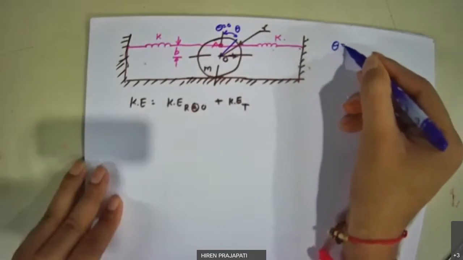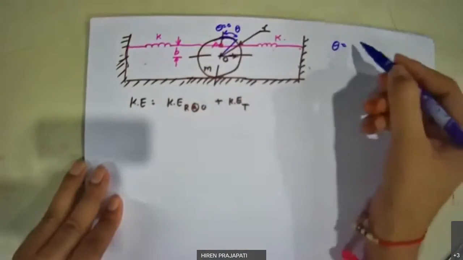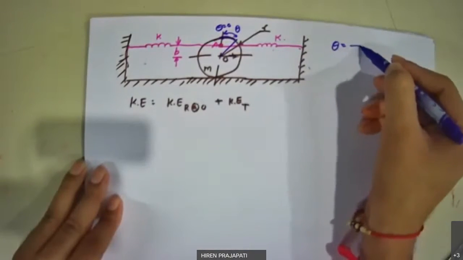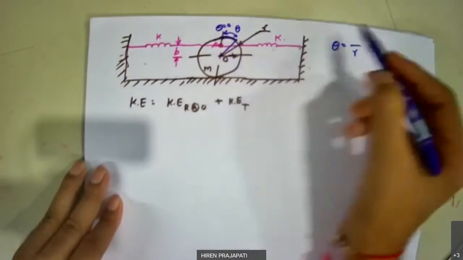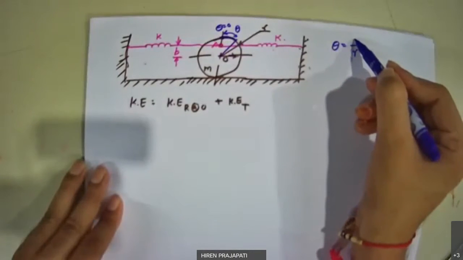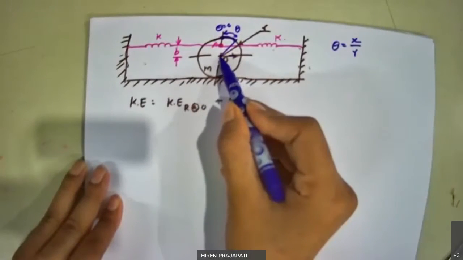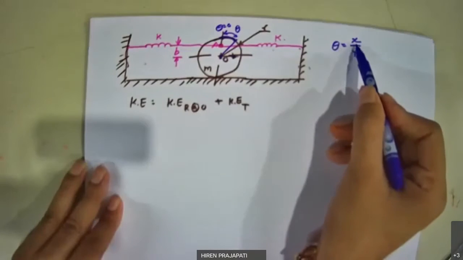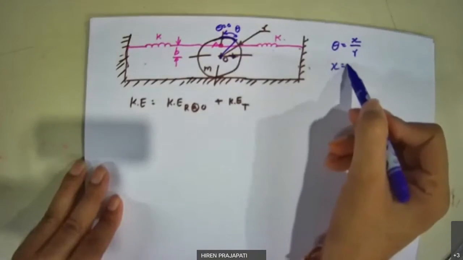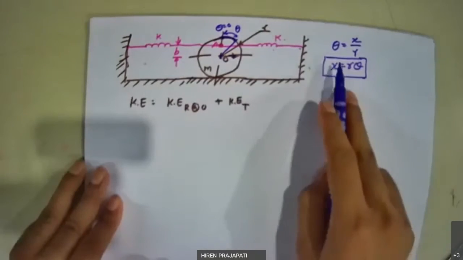If you give theta, then angle is equal to arc upon radius, because this angle is covered in this arc, right? So the radius of this is r. That same arc I call, suppose, x, because this distance x is nothing but the same which is traveled by this center O, right? So I get this relation theta is equal to x by r, then we get x is equal to r theta. Same relation which we have seen in the previous problem, right? So we got the same relation.